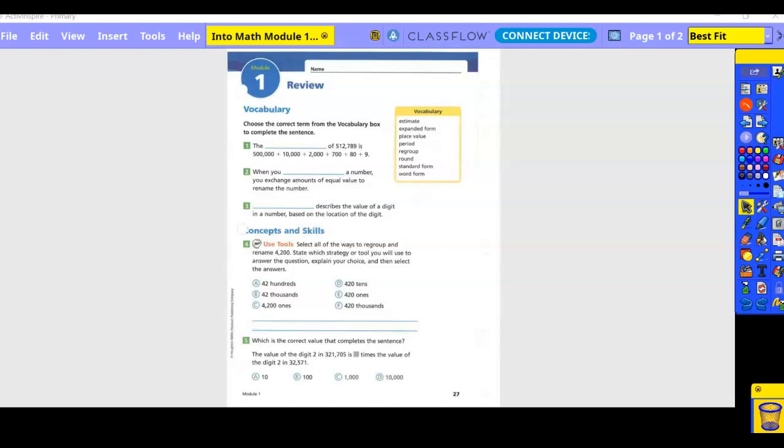Fourth grade math, module 1 review. Vocabulary. Choose the correct term from the vocabulary box to complete the sentence. The blank of